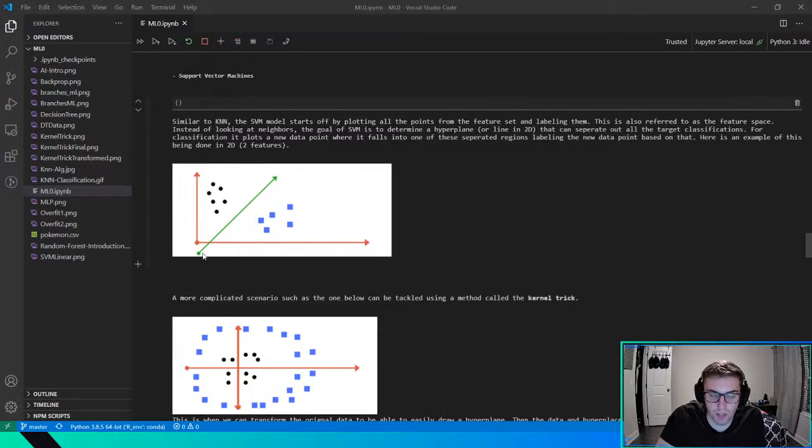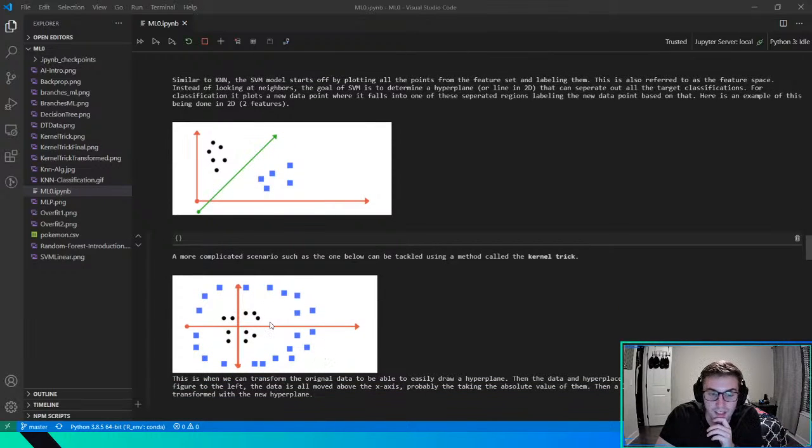Basically it starts off with some choice, and then it iterates and tries to find the optimal solution. The one thing that kind of stinks about SVMs is that it requires the targets to be linearly separable, which means that you can put a line between the two targets and there won't be any crossover. As you see here, these are linearly separable, but if you go down here, this is not linearly separable, right? Because you can't put any line here where on one side it would be all squares and on the other side all dots. This is a really big problem.